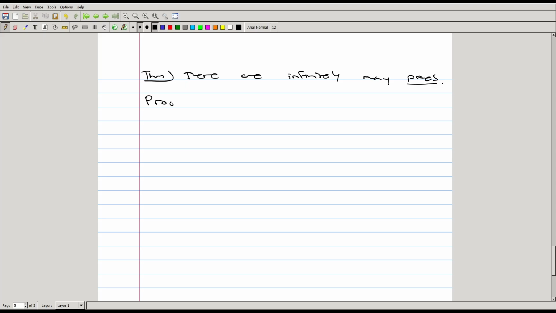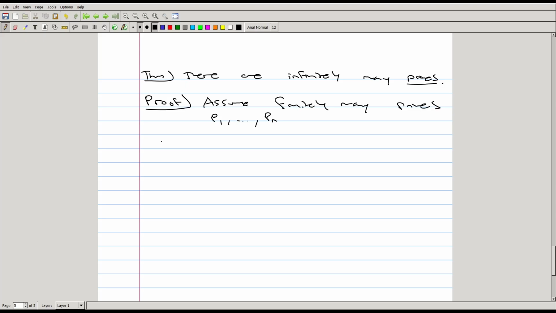We can do this relatively quickly using a proof by contradiction. We assume there are finitely many primes, and we can list these out, P1 up to Pn,